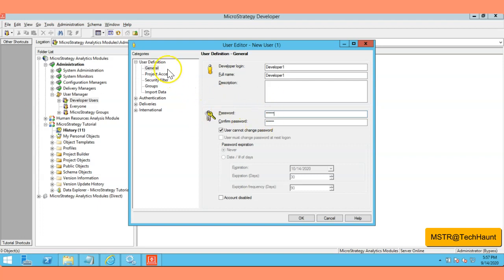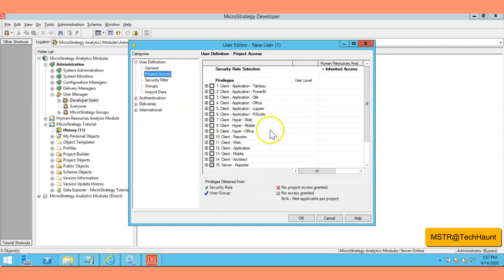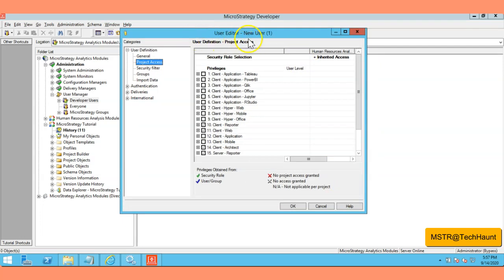Okay, and here under the user's definition, you need to go to the project access, and you can notice that though you haven't assigned any permissions here to these users, because we are creating them under the developer users group, the same permissions have been inherited from the group.